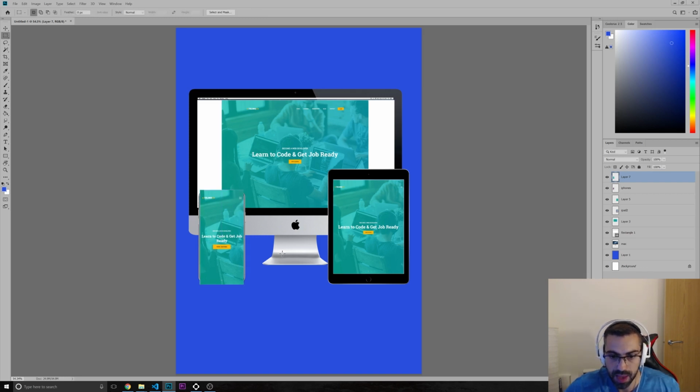Okay. Now, as you can see, this is actually not exactly the same as the design. So what we can do about this is go to the opacity. Look, you can lower the opacity. Oops, that was too much. Lower the opacity so you can see a little bit